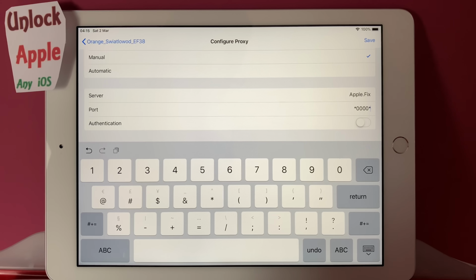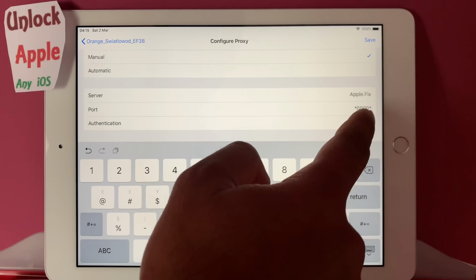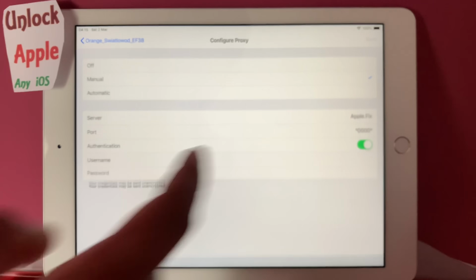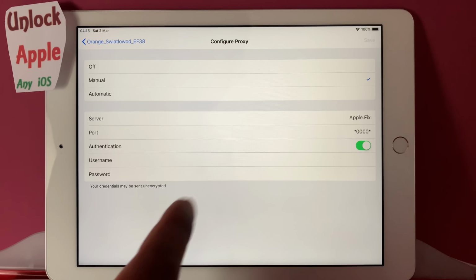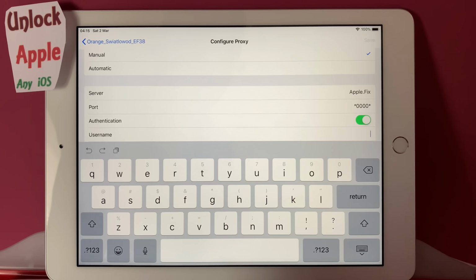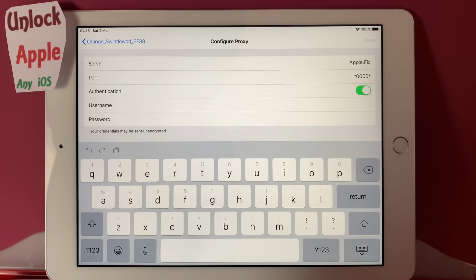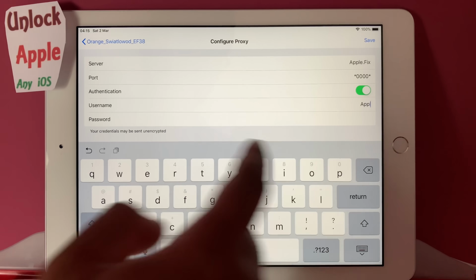Once you put the port on the position with star from the start and star in the end, you're clicking the authentication button, and it will pop in username and password. For today, everybody has to use the same username and password that I am going to write down here. So everybody going to write down username is Apple,